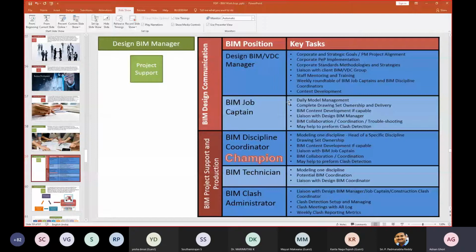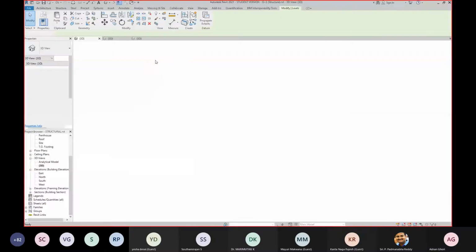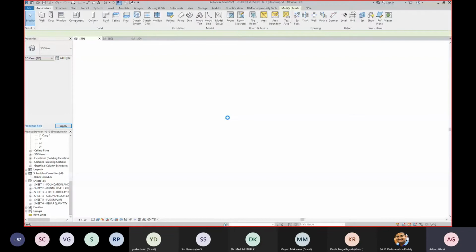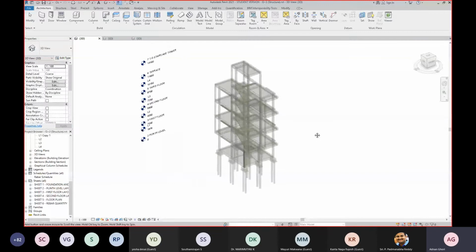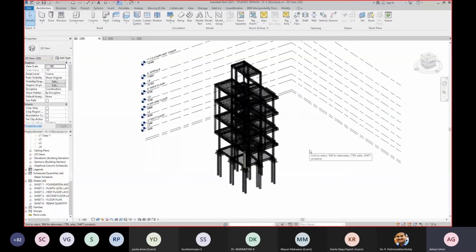So coming back to the topic, I'll share with you a workflow of working in Revit. Is it visible? Is the Revit screen visible to all of you?